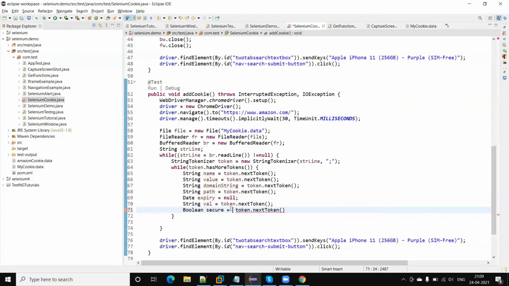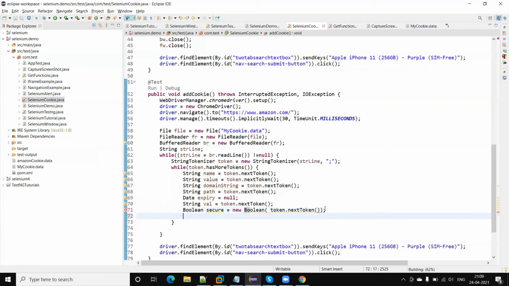So now I need to convert this into a boolean value because this is true and false. So let me convert this. Okay, so this is all the details I have got here.